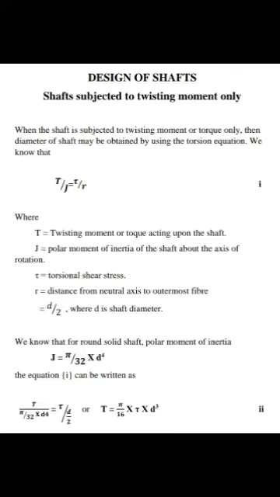The following two types of shafts are important from the subject point of view. Number one, transmission shafts. These shafts transmit power between the source and the machines absorbing power. The counter shafts, line shafts, overhead shafts, and all factory shafts are transmission shafts. Since these shafts carry machine parts such as pulleys and gears, they are subjected to bending in addition to twisting. So these are subjected to both bending and twisting. Number two, machine shafts. These shafts form an integral part of the machine itself. One example of a machine shaft is a crankshaft.